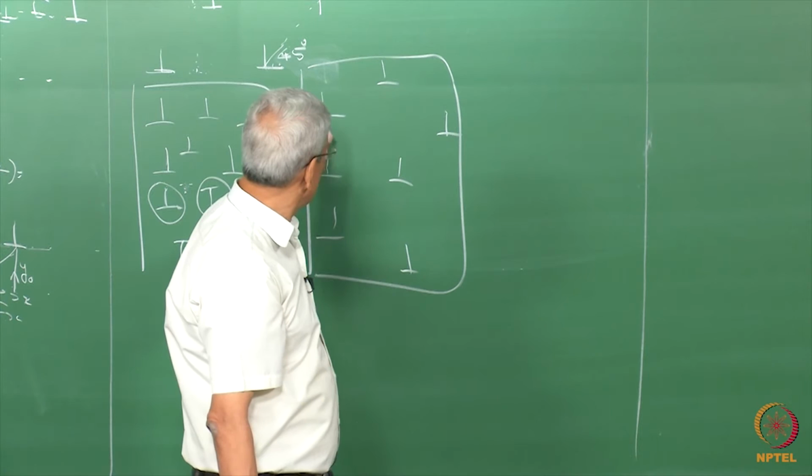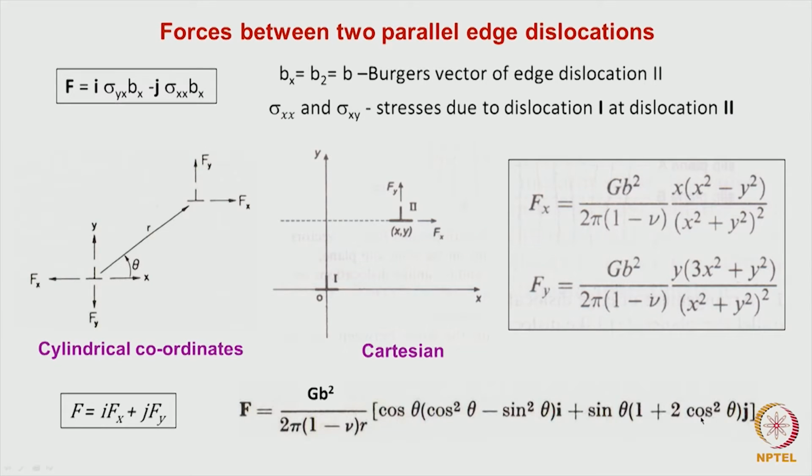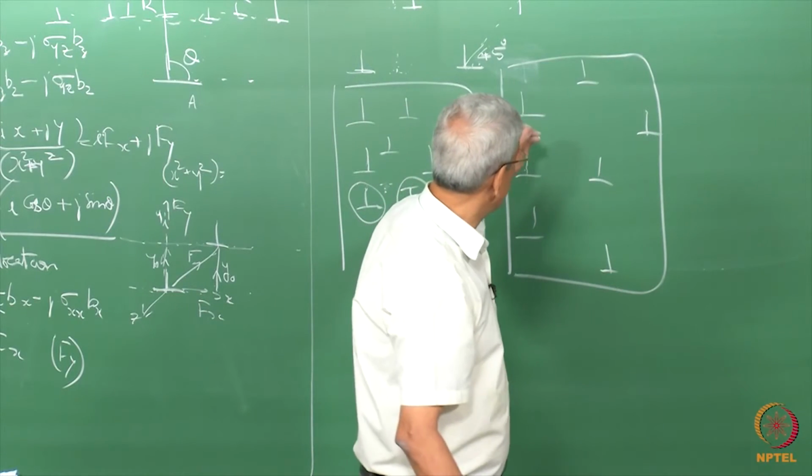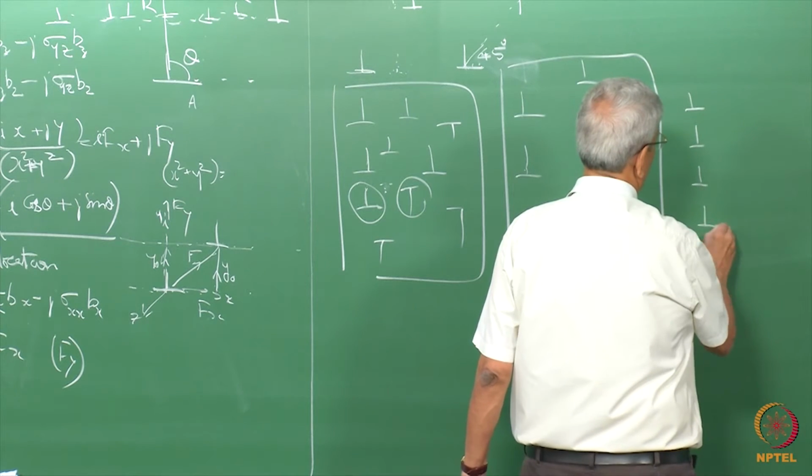So, this repulsive force, if we look into this expression, this gives what is going to be the force between the dislocations. When they are above each other, the x term is going to be 0, correct? This will reach a minimum value, repulsive, but then the force in the x direction, that component, is going to be 0 when they are above each other. Now, these dislocations will try to arrange themselves one on top of the other.